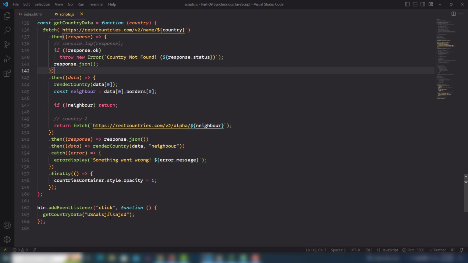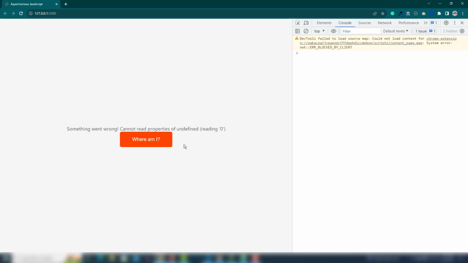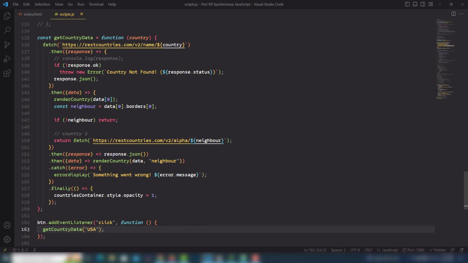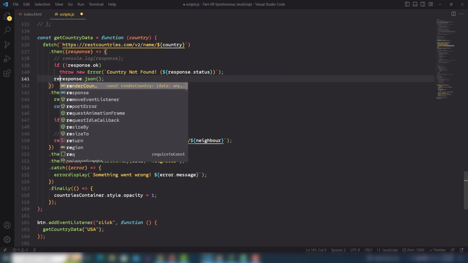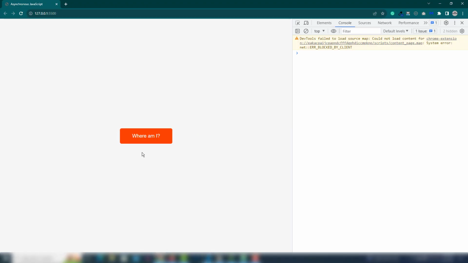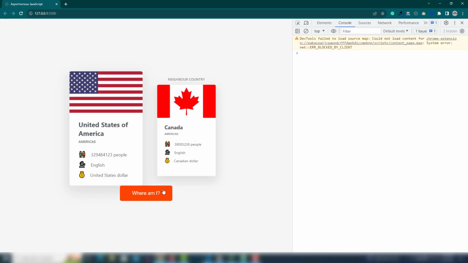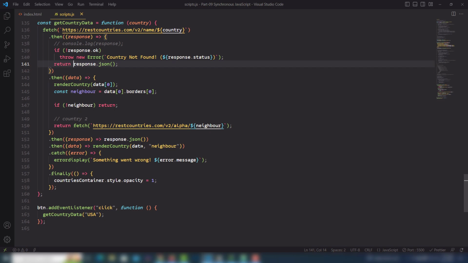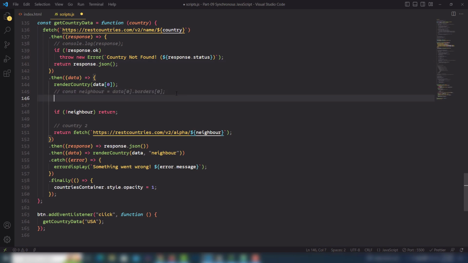So let's say I'm gonna add, just a minute, I need to check that. Okay, I need to use the return keyword there because we need to return the JSON format data to display the country's data. So let's look at that. Perfect. But when you get an invalid or nonexistent neighbor,